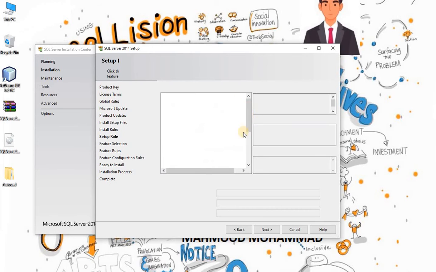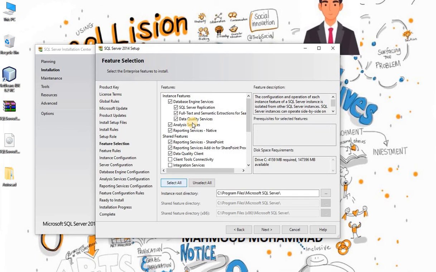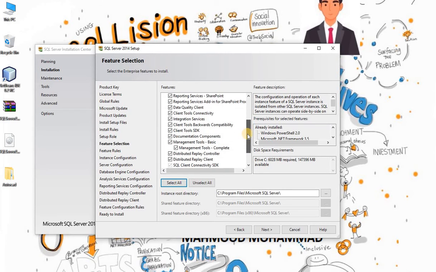Now as I told you, it is a full installation. The only difference between the full and the partial installation is we are not going to install all the services like reporting services, integration services, like you can say distributed relay controller, master data services. There are few things which are not needed to run a SQL server on any standalone computer for your practice.